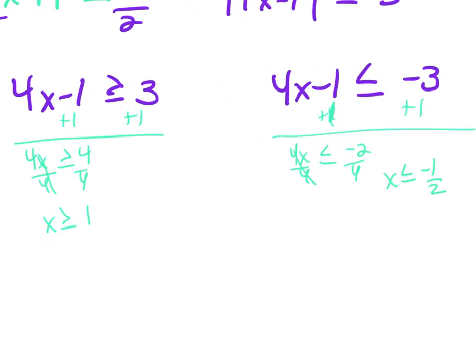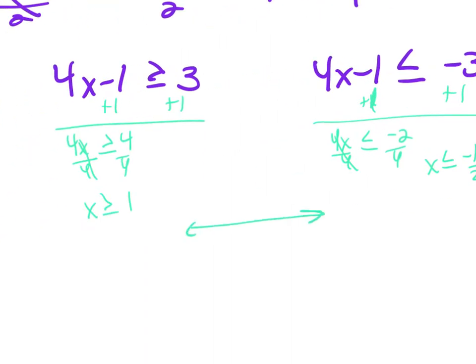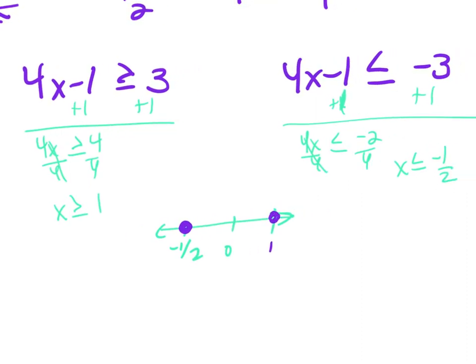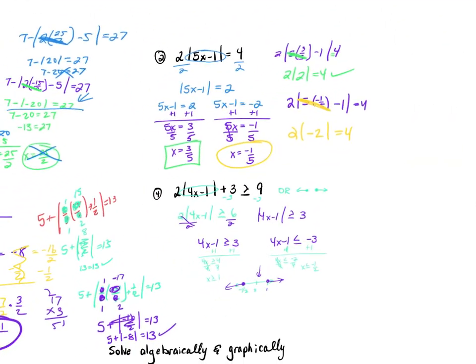So let's make a quick little number line. Negative 1/2, 0, and 1. I have closed dots at both of these places. And since it was an or at the end, we're going to shade in opposite directions. So now we need to check to make sure. If I plug in 0 right here, should 0 satisfy my inequality? No, because I didn't color on it. Good. So when I look back at the original,